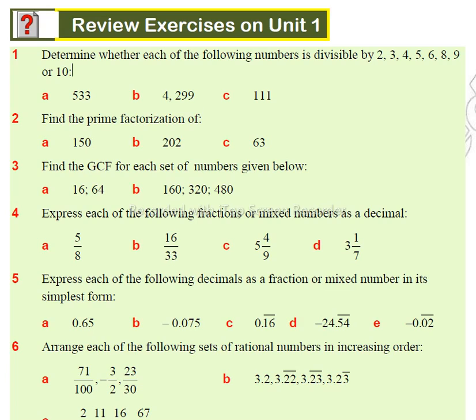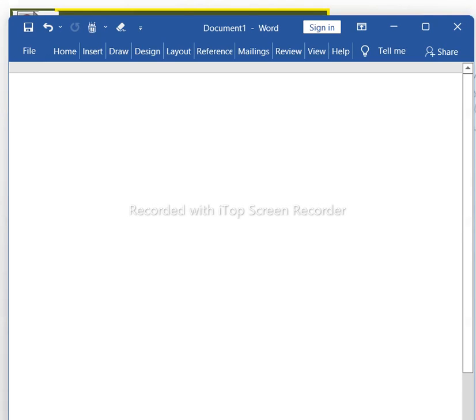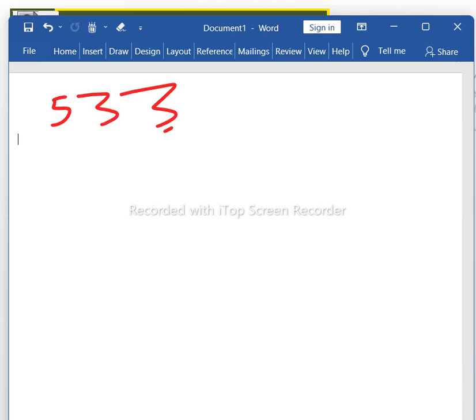Determine whether each of the following is divisible by 2, 3, 4, 5, 6, 8, 9, 10. For example, if you take A, 533, let us see. 533 is divisible by 2 because the last digit of this number is 3. 3 is not divisible by 2, so this number is not divisible by